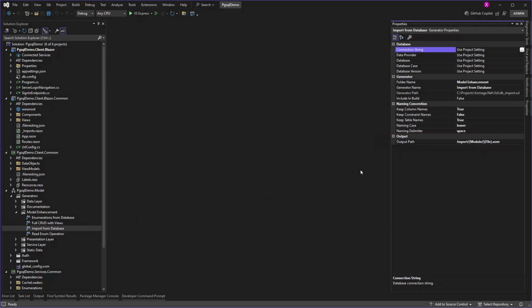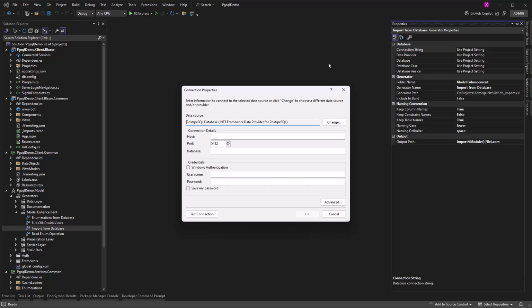First, we need to specify the connection string for our sample database, which opens up a standard connection dialog. We automatically have the .NET provider for PostgreSQL, and the UI for connection properties comes from our Npgsql extension that we have installed. If you want to use a different provider, such as ODBC or OLEDB, then you can change it here. I'm going to fill in the parameters for our local sample database and hit OK.